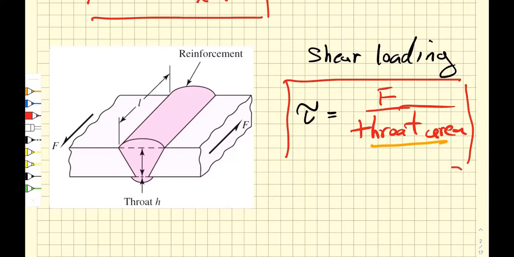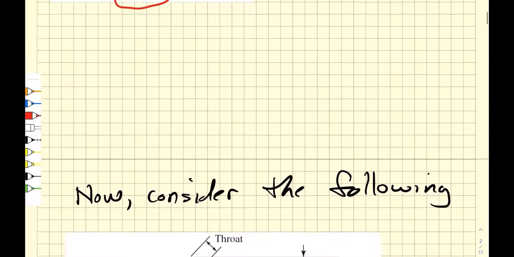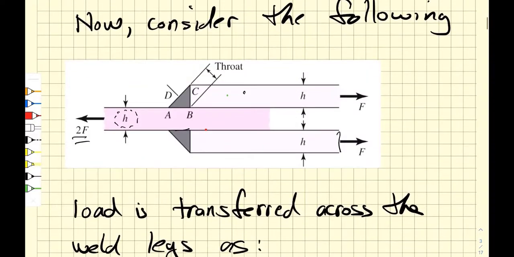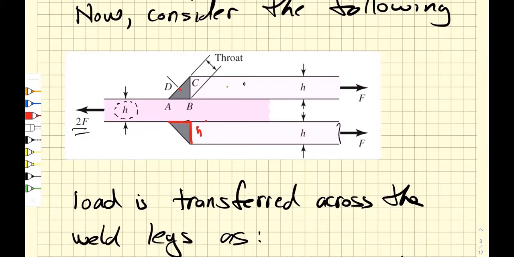That is, we take the force F that's applied to it and we divide it by, now we're going to call it the throat area. So we call the weld effective area the throat. And that's what we're going to do when we look at fillet welds. In fact, instead of using the legs H of the fillet weld to calculate shear stresses, we are going to use a throat dimension here, which is 0.707 times the